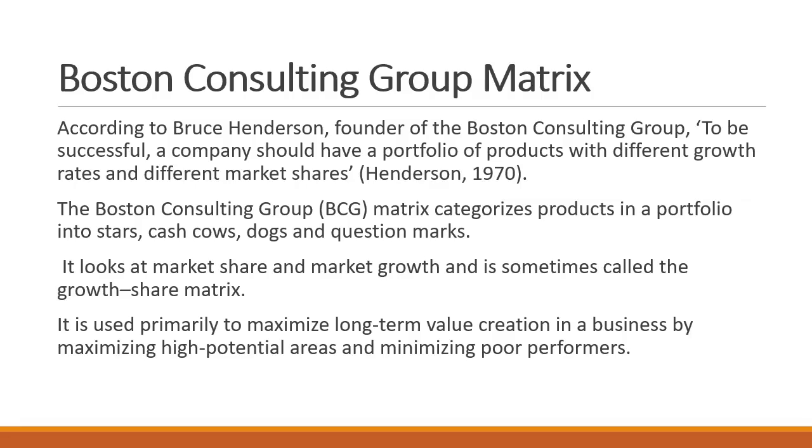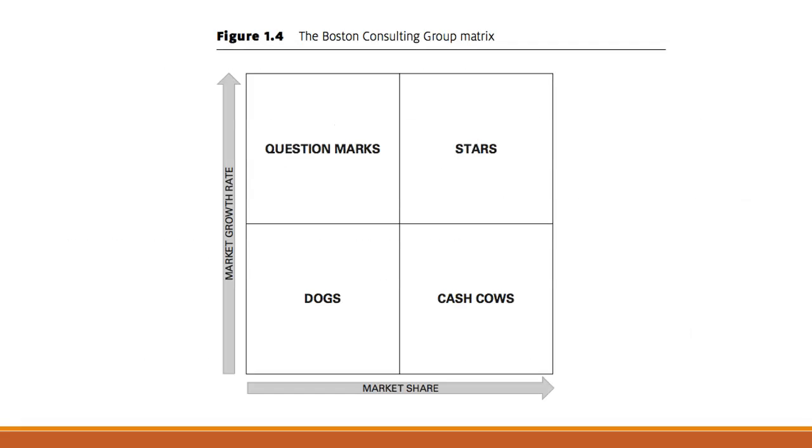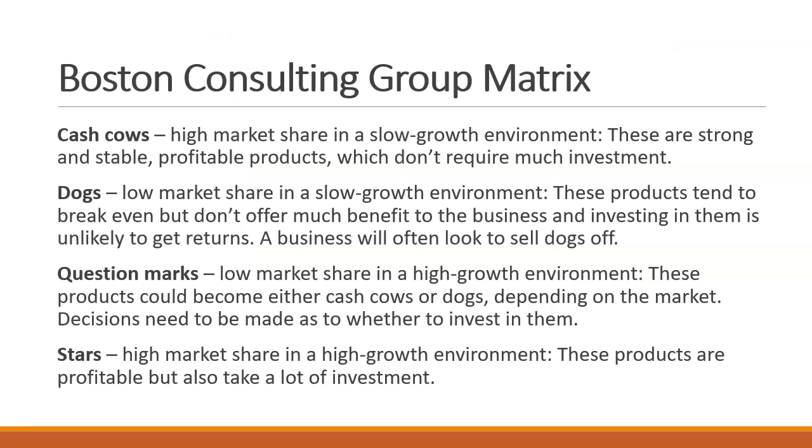The last item in this chapter is about the Boston Consulting Group matrix, and how they categorized products in a portfolio. So how we categorize these looks at their market share and their market growth. So we're looking at like long-term value versus poor performance. And you've probably heard these terms before in other marketing and business classes. So we have dogs, question marks, stars, and cash cows.